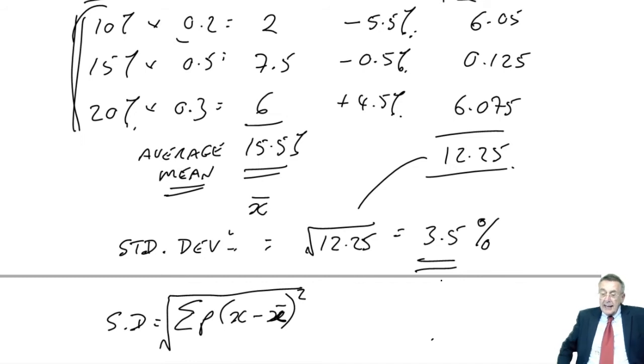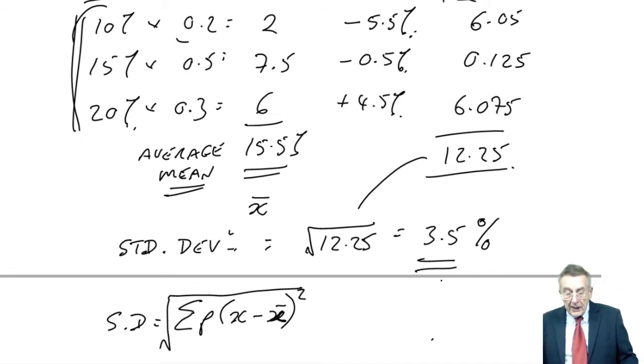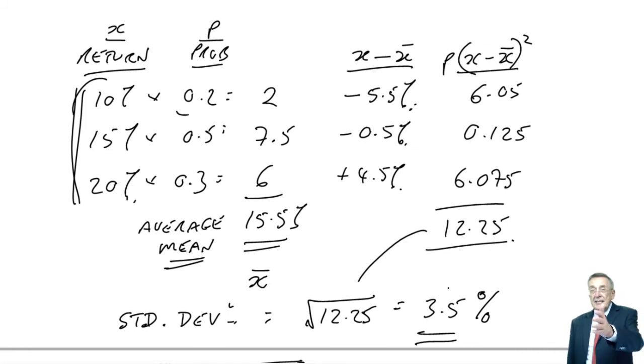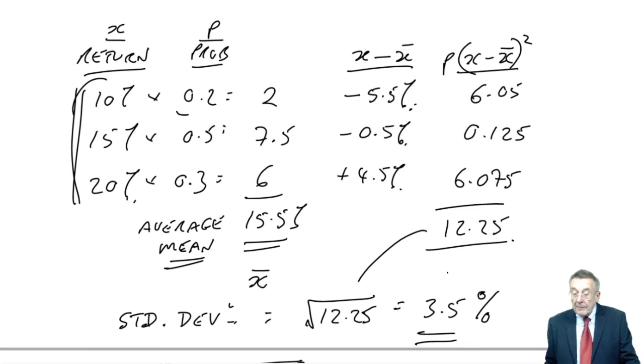What I'm getting at is, if the returns themselves were 80%, 90%, 100%, 3.5 isn't very big. That's a fairly small amount. On the other hand, if the returns themselves are 1%, 2%, 3%, 3.5 is huge. And so, to give it some